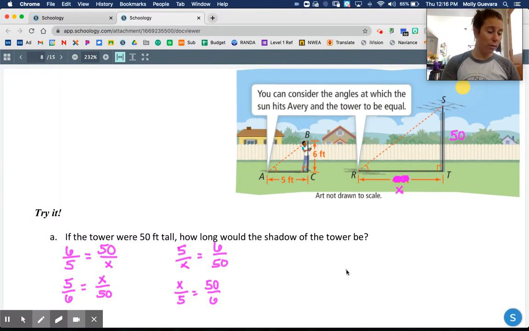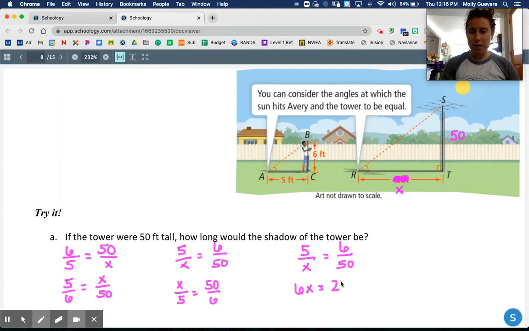So there's multiple ways that you could have done it. I usually go across the triangle. So my first instinct would have been to do 5 over x equals 6 over 50. But any of these will get you the right answer. Okay. I'm going to cross multiply. So I get 6x equals 250. I divide by 6, divide by 6. I do get a decimal here, and that's okay. I get x is about